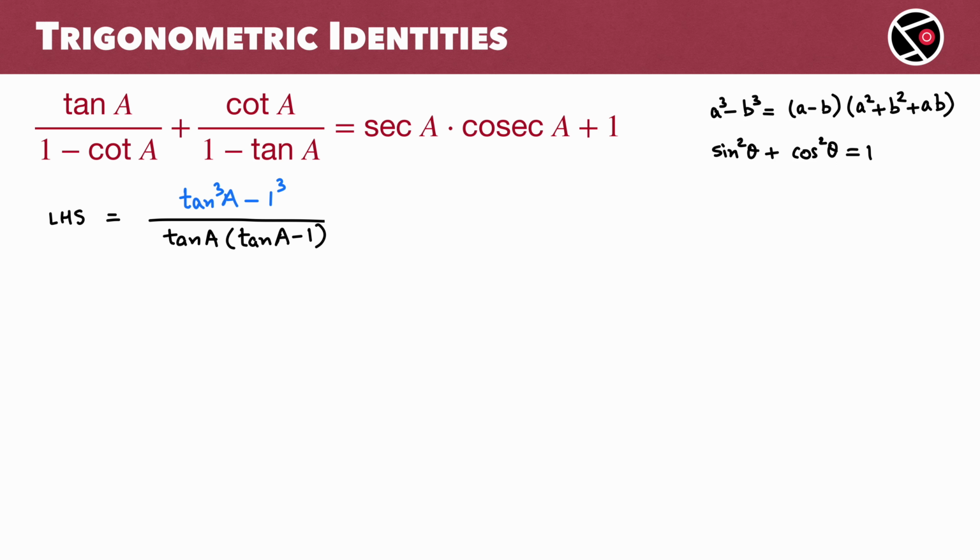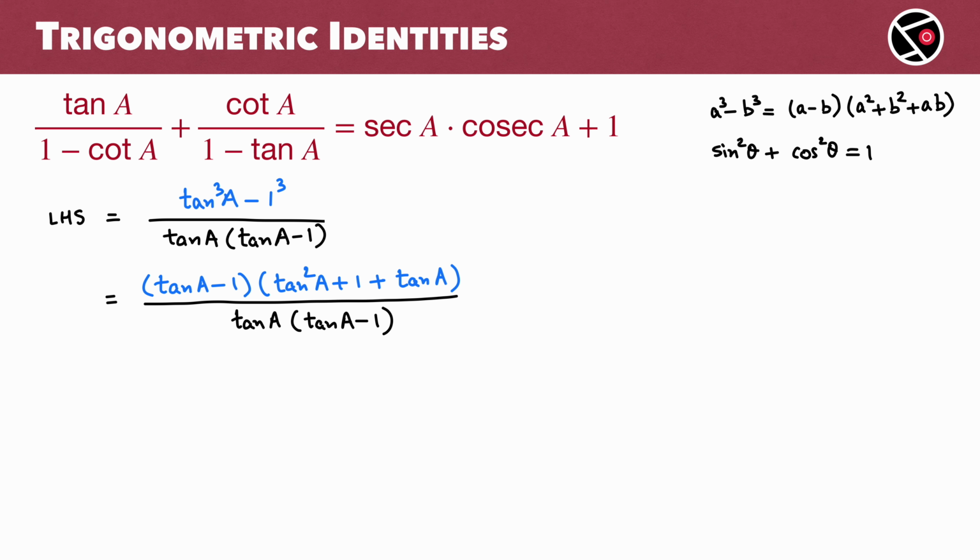So we apply this identity. So tan cube A minus 1 cube equals tan A minus 1, tan square A plus 1 plus tan A. And our denominator is tan A minus 1. Now tan A minus 1 is common to numerator and denominator. We cancel it out and we get